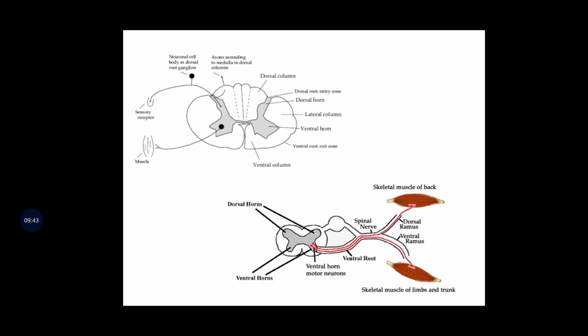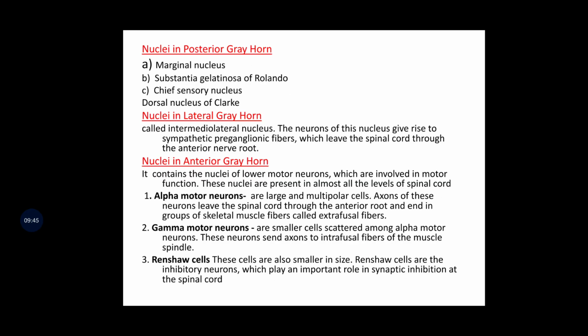So we have different nuclei in the posterior grey horn. We have marginal nucleus, we have substantia gelatinosa, and we have chief sensory nucleus, and the dorsal nucleus of Clark. The nucleus in the lateral grey horn, we call the intermediolateral nucleus, and they give rise to sympathetic preganglionic fibers. And present in the anterior grey horn, we have the alpha motor neuron, gamma motor neuron,